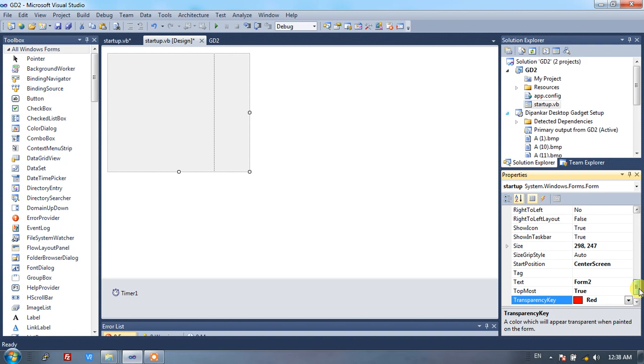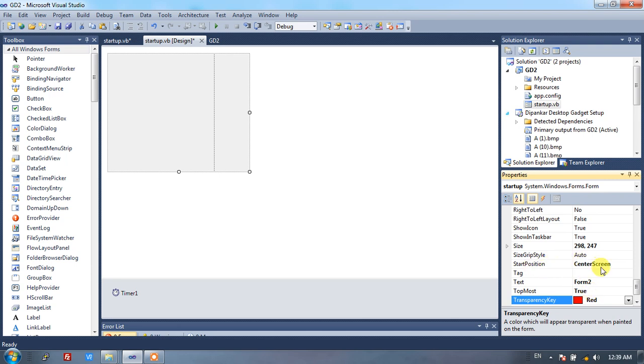And the other two things: TopMost equal to true. If we want the application's startup behavior to be that every time we start it, it always appears in the topmost position, then we need to set the value of the TopMost property to true.